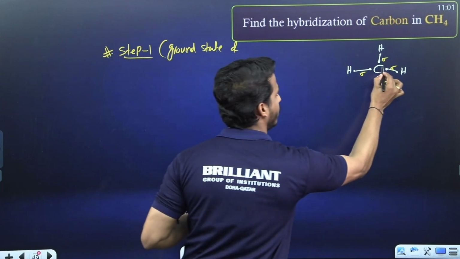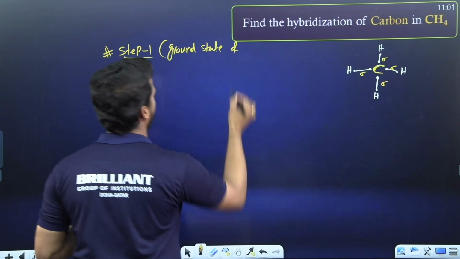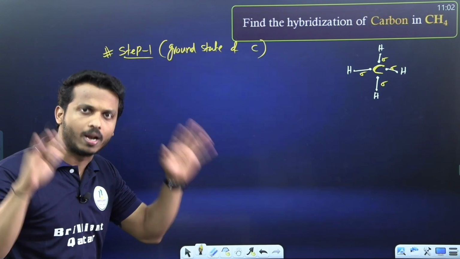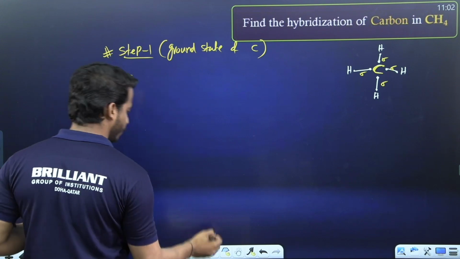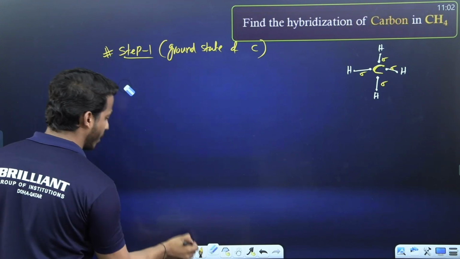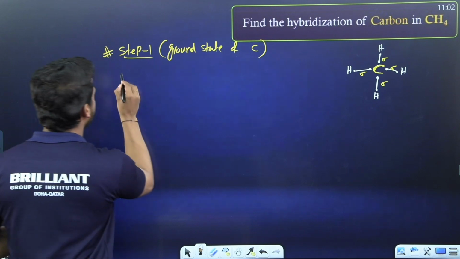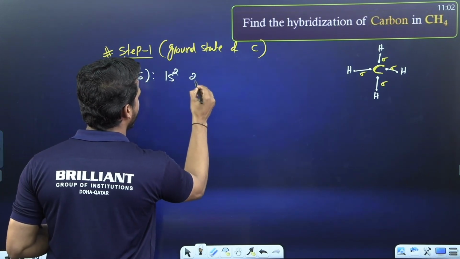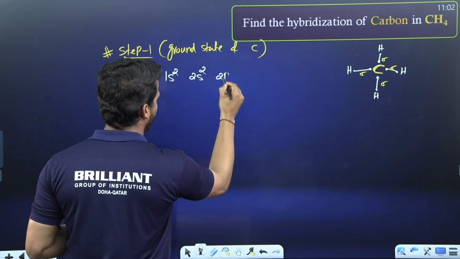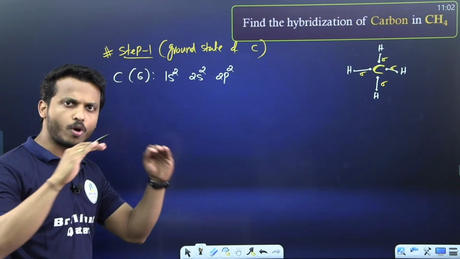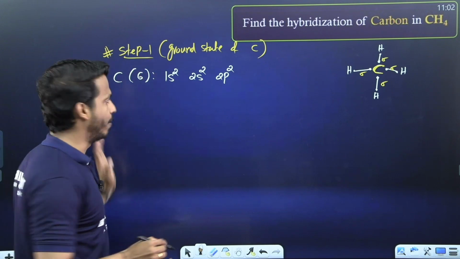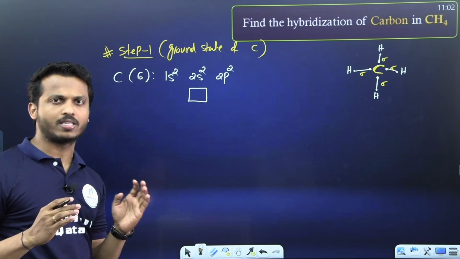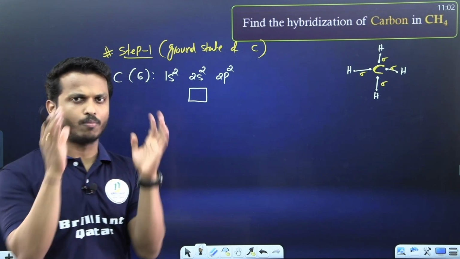Who is the central atom in this one? Carbon is the central atom. So, what is the ground state of carbon? Ground state means the normal state, right? Carbon's atomic number is 6. What is the configuration? 1s2, 2s2, 2p2. Am I right? This is the ground state, the normal state configuration of carbon. Let me write. I'm not writing the complete orbitals in boxes,